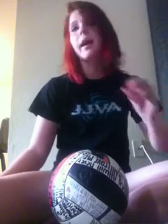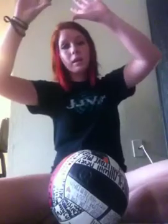If you're on front row, you can jump and dump the ball over the net. If you're on back row, you can't jump at all. So make sure that if you do jump, the ball stays on your side of the net, and that way they can't call you on a back row attack. If you think the ball is going over the net and you think that you can get a handle on it,